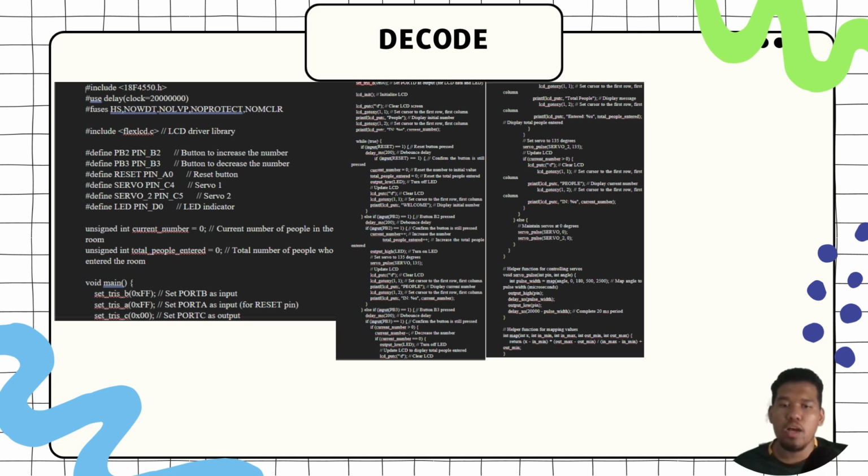Move servo to 235 degrees to allow exit and update the LCD. In other states, it keeps the servo at 0 degrees. Okay, so